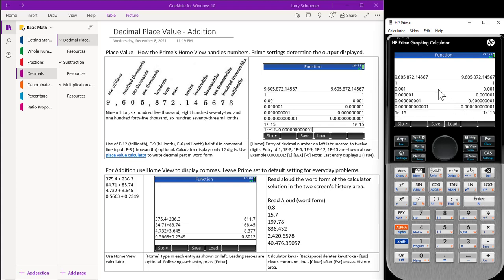Very hard to recognize all these, unlike when we're dealing with larger numbers where you have commas in